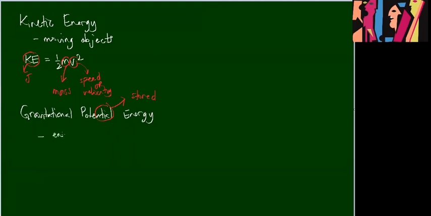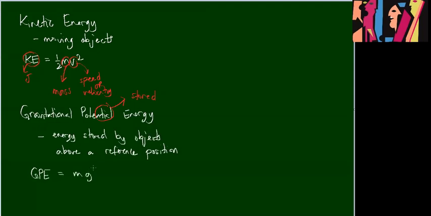by objects above a reference position. It has to do with how high an object is from a reference. So we called it GPE, our gravitational potential energy, and we said that was equal to